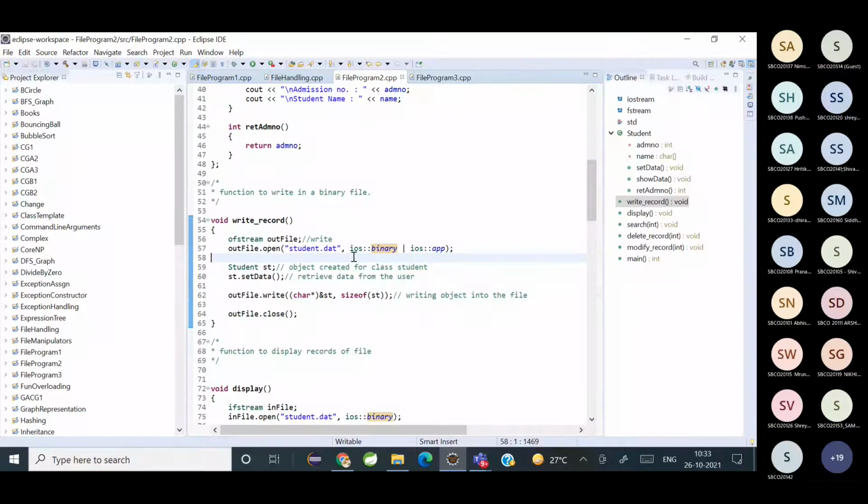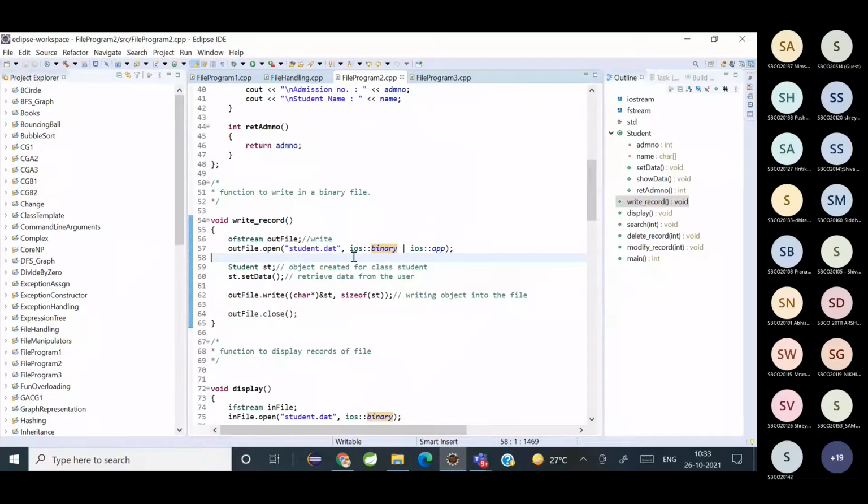And can somebody tell me what is the use of ios::ate? Putting the pointer at the end of the file is called ios::ate.